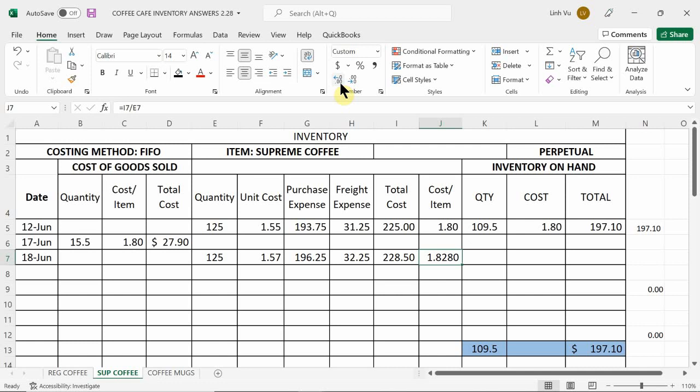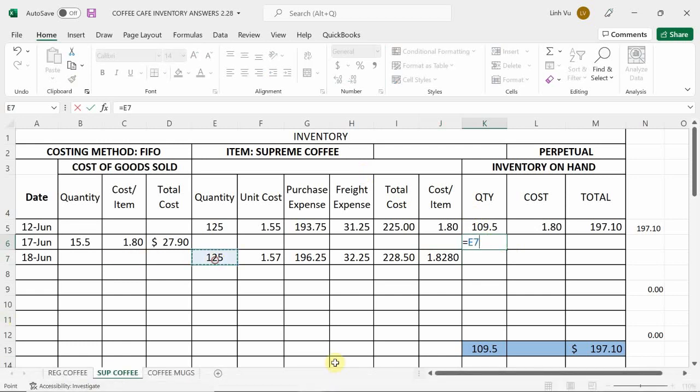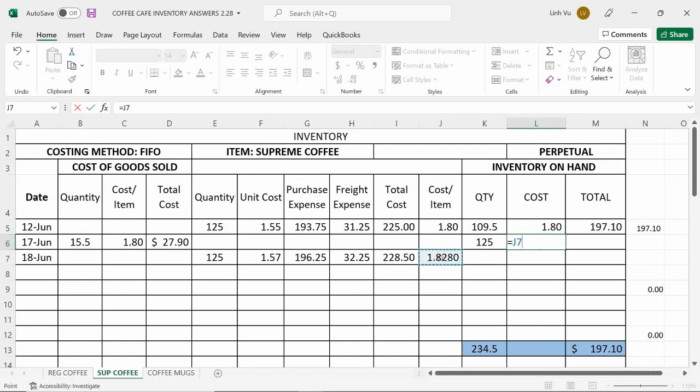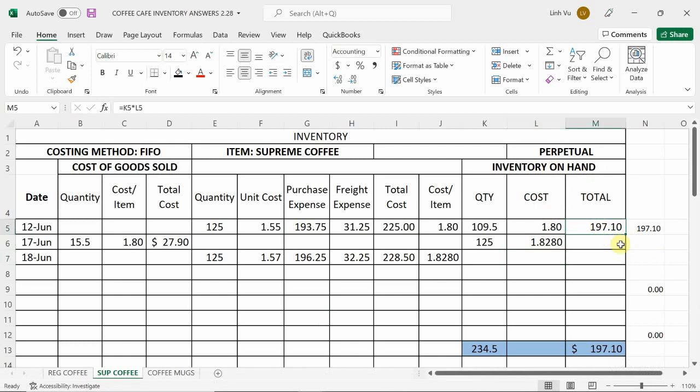Okay? At least this number is kind of rounded, right? Because it stops at 8. It doesn't go beyond that. So now that I have my second batch of inventory, I'm going to carry it over into my inventory, right? I have 125 pounds at $1.828, okay? So that should give me a running balance of